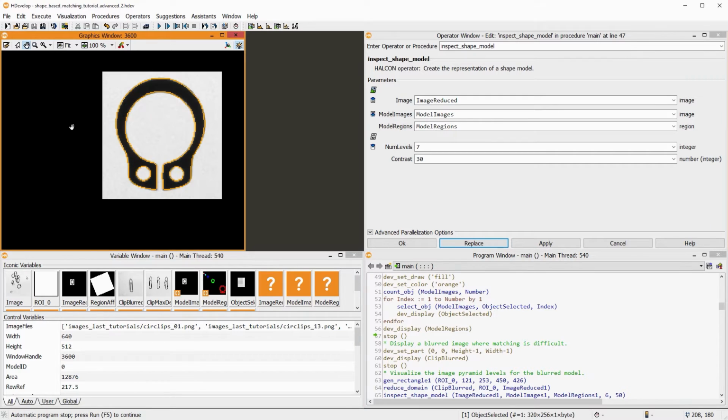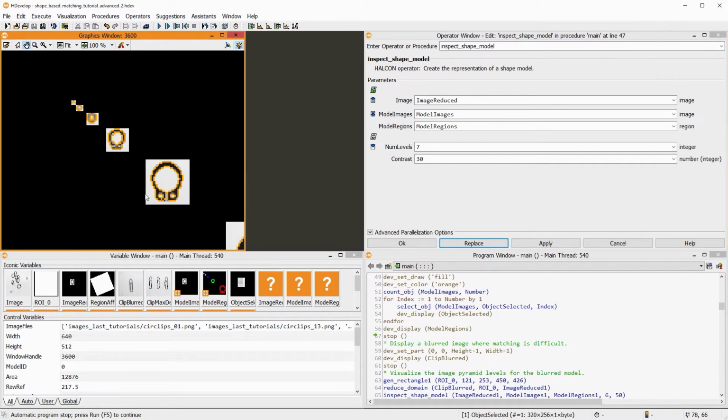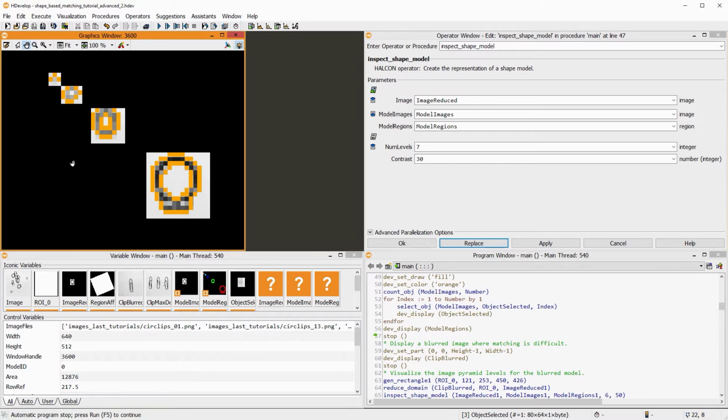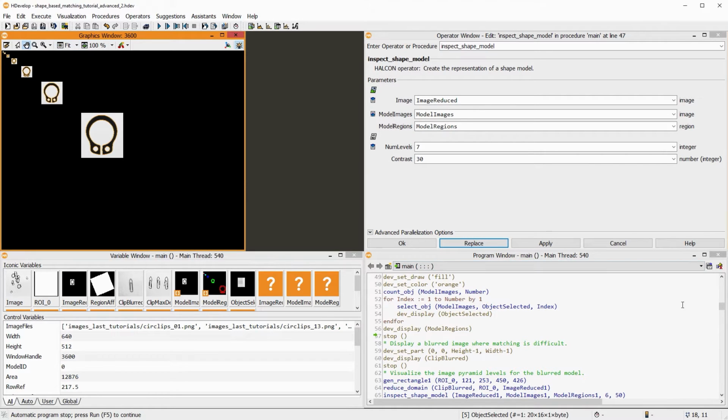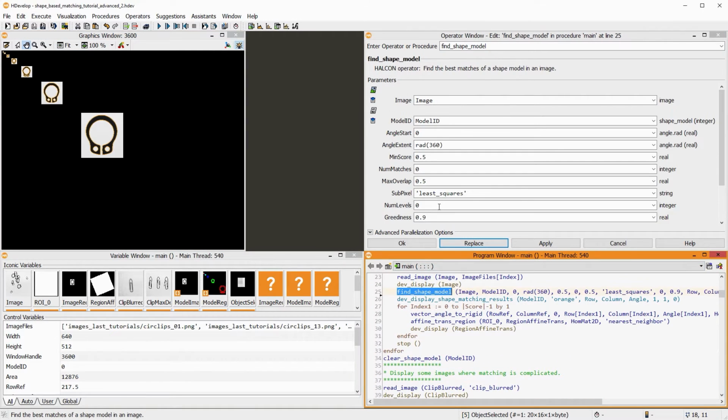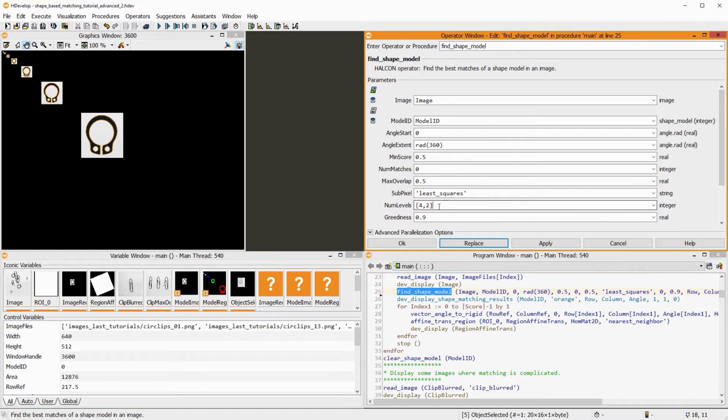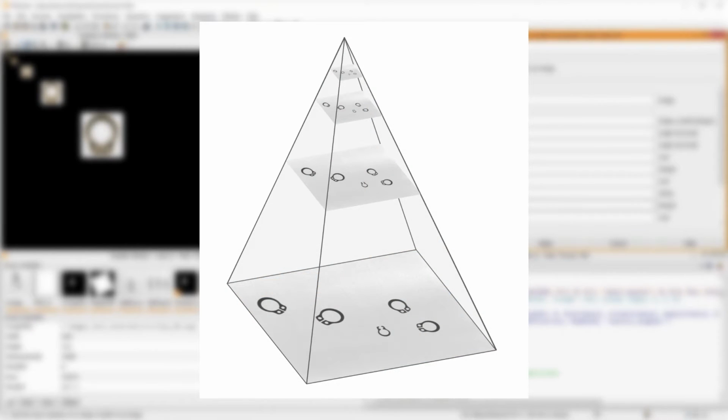If num levels is chosen too high, some matches may be lost because they couldn't be recognized in a low-resolution image. On the other hand, if you begin the search on a lower pyramid level, it may take a long time because of the high resolution. Alternatively, you can skip these lower levels in the search by passing a tuple like 4, 2. Now, your search begins in the fourth pyramid level and ends in the second level. Thus, you can improve the runtime of your application. The accuracy, however, might decrease.